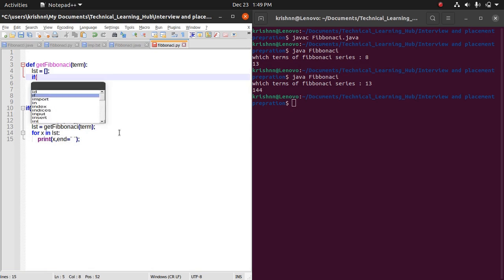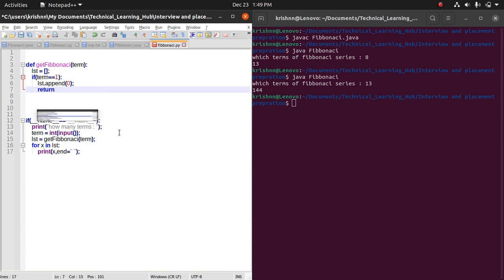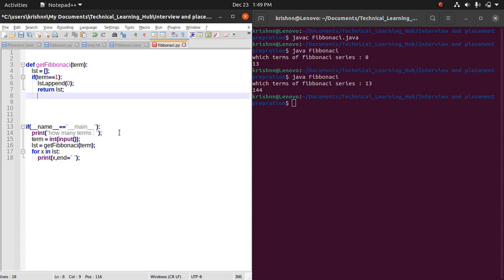If term is equal to 1, means we want only the first term, that will be lst dot append in Python. To add an element, there is a method named append. In Java, that is list dot add, but here list dot append. We will append the first element 0, and we will return this from here. Else